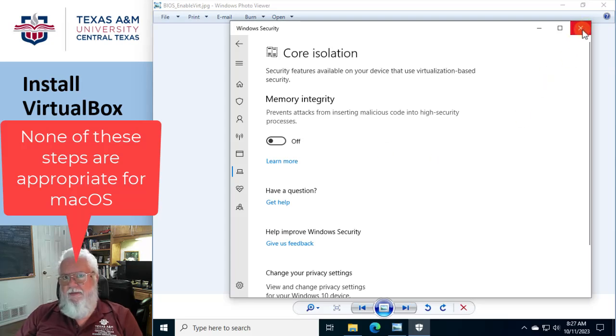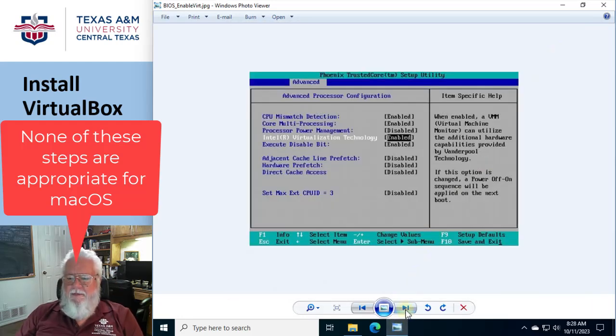All right, so that's 3 things. Something to do in the BIOS, which I really can't help you with. The add and remove features thing, which basically means disable Hyper-V, and then core isolation. Those 3 things. Now it's slightly different in